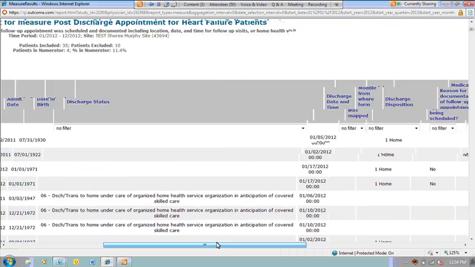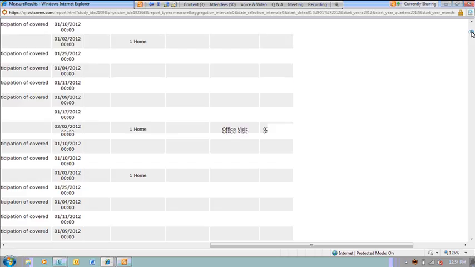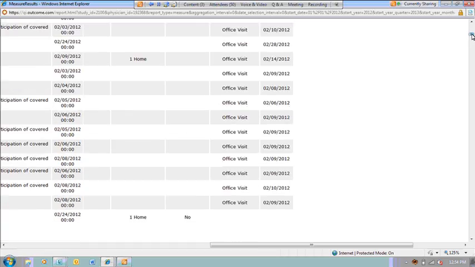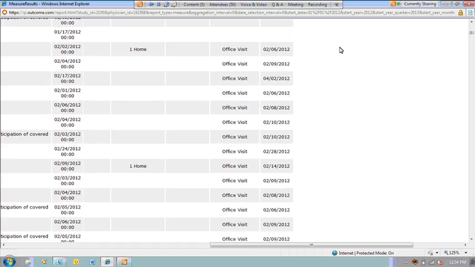I would find it a little bit strange if patients were given an appointment to go see their doctor on February 6th without a time. I've never been given an appointment to go see my doctor on this date without a time. So maybe something you need to look at.